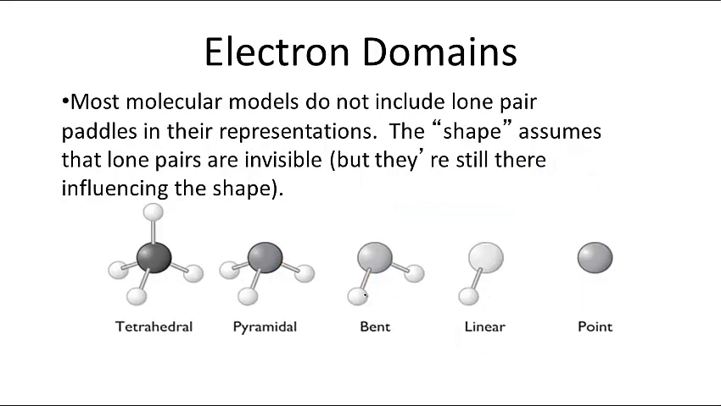So most of the time, the models you'll use don't include lone pairs. The shape assumes that the pairs are invisible, but they're still influencing the shape. So these are the first sets of shapes that you'll need to know. We have tetrahedral, pyramidal, or you can call it,